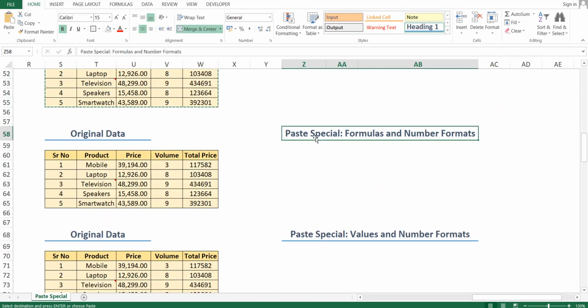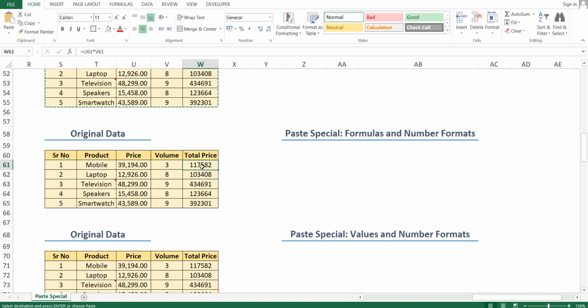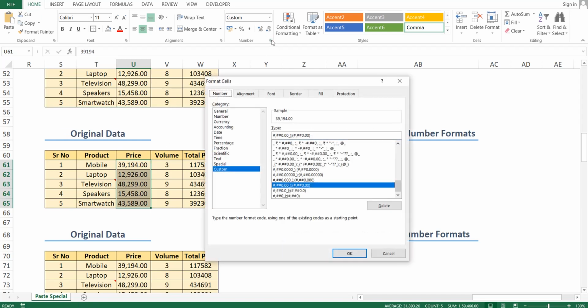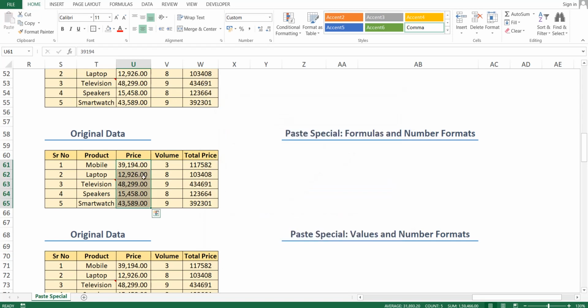Now our next option is paste special formulas and number formats. In our original data, we have already applied formulas to this column and a number format to this column. So what is the number format for this column? We will see here under the number group. This is a custom format. So this custom number format as well as these formulas will get copied as it is.